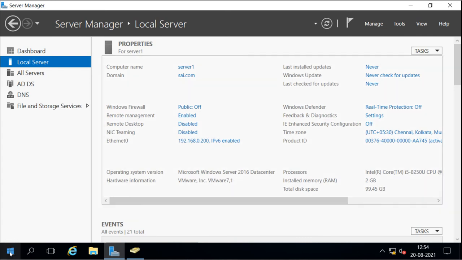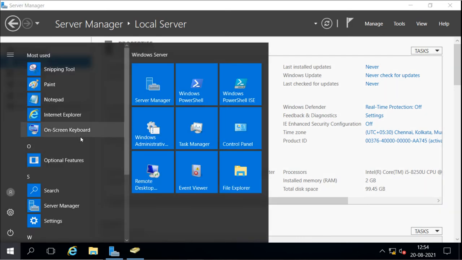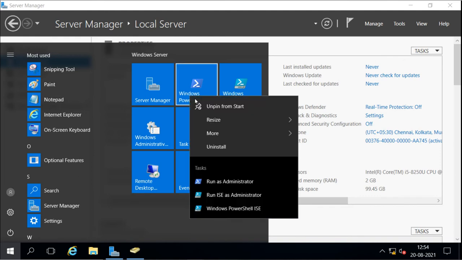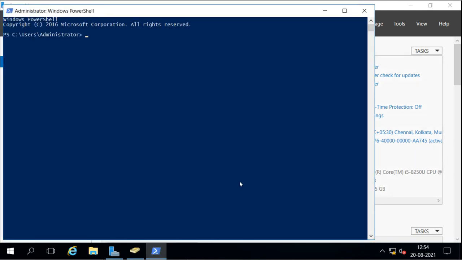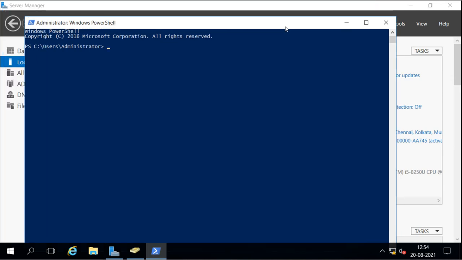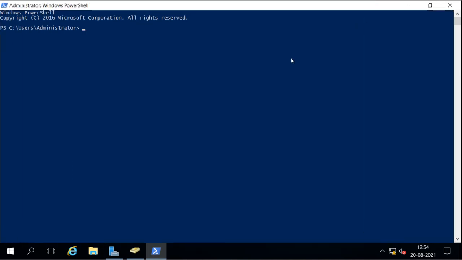For creating the account from PowerShell, we can open PowerShell first. And from here we have a command, New-ADUser. This is the command to create the user account.